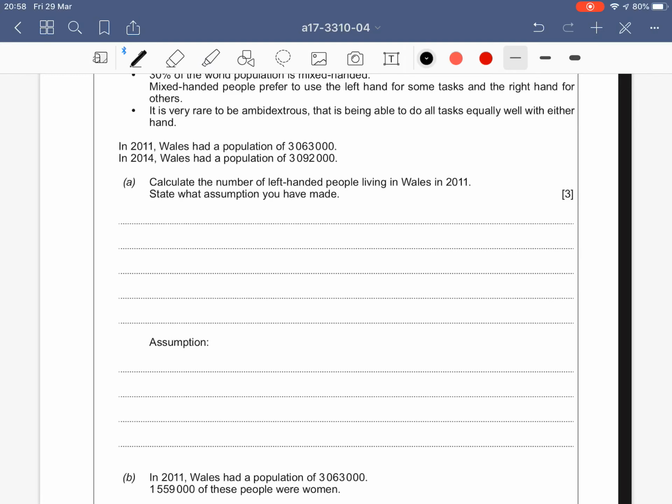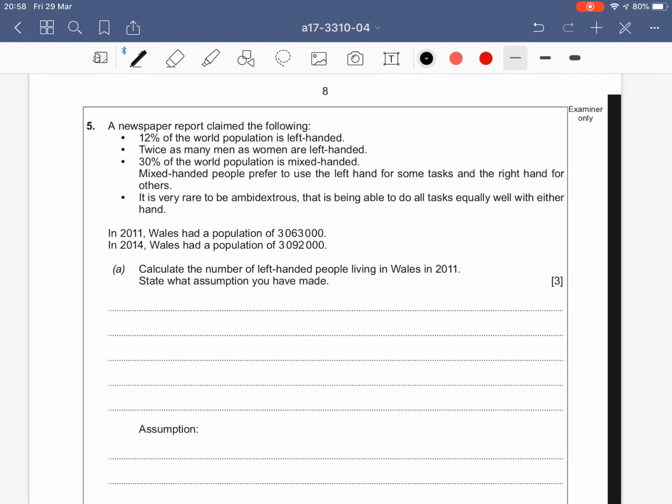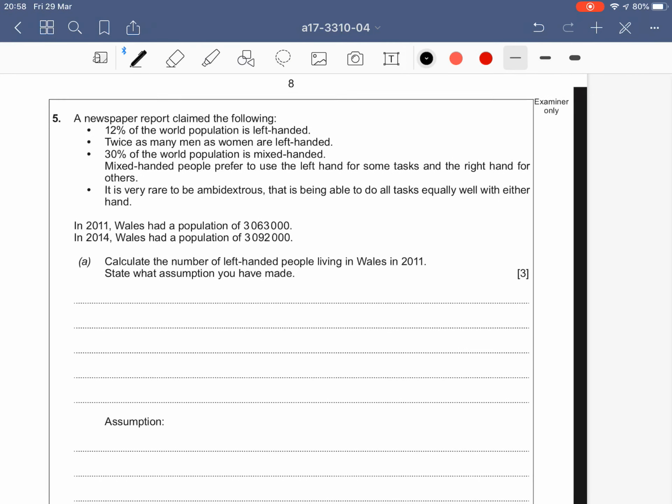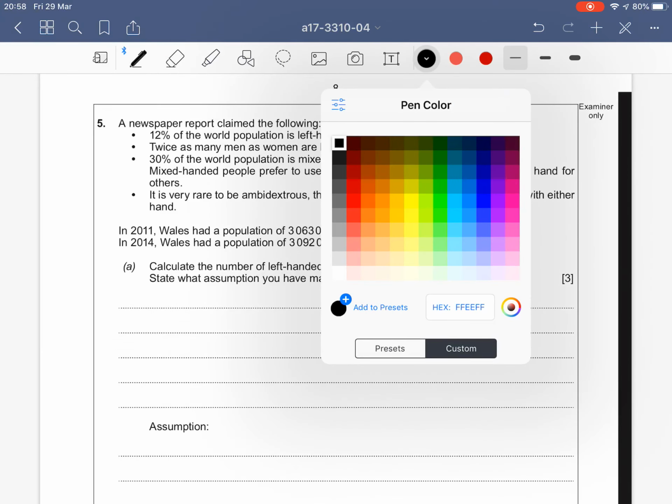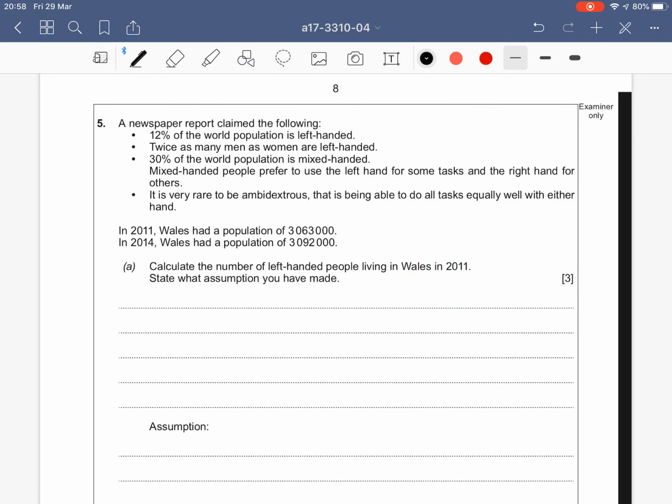We've got to calculate the number of left-handed people living in Wales in 2011. Did they say Wales? No. Oh, that's our assumption. So we've got to say what the assumption is. Well, the assumption is that Wales is the same. Right, so we need the number of left-handed. They've said 12% left-handed. So all we need is the 12% of the